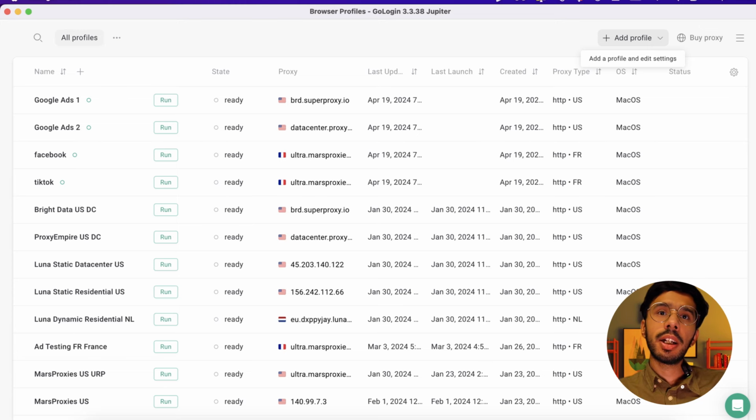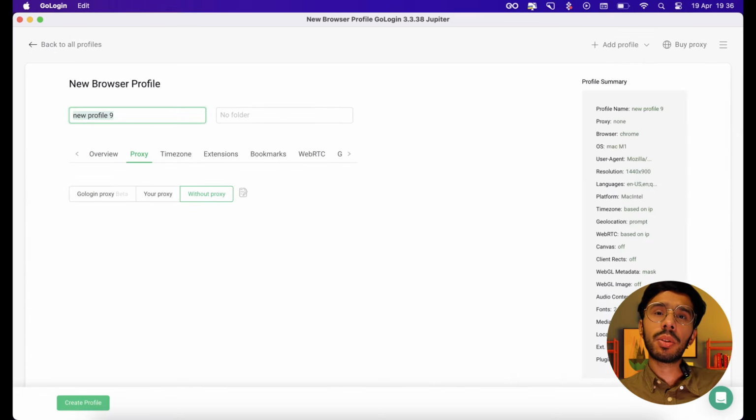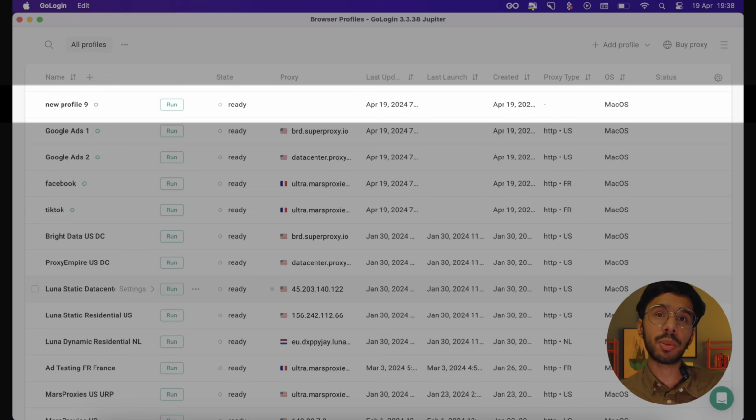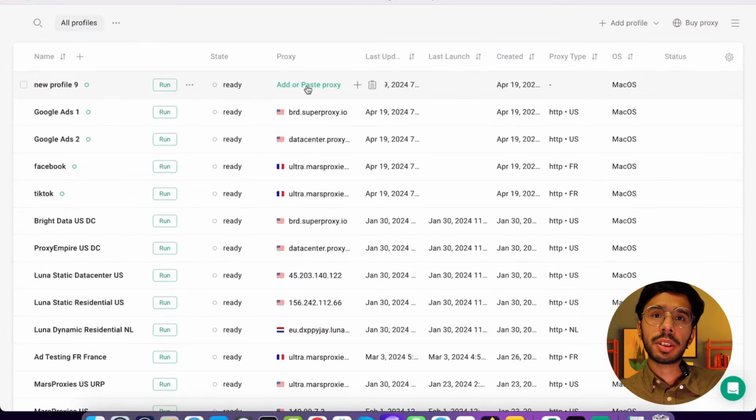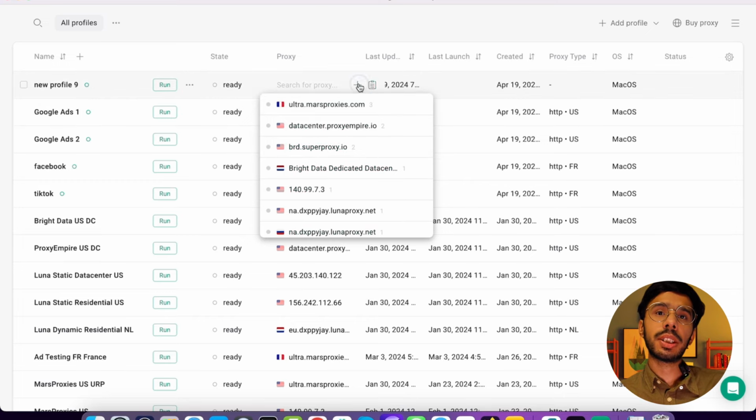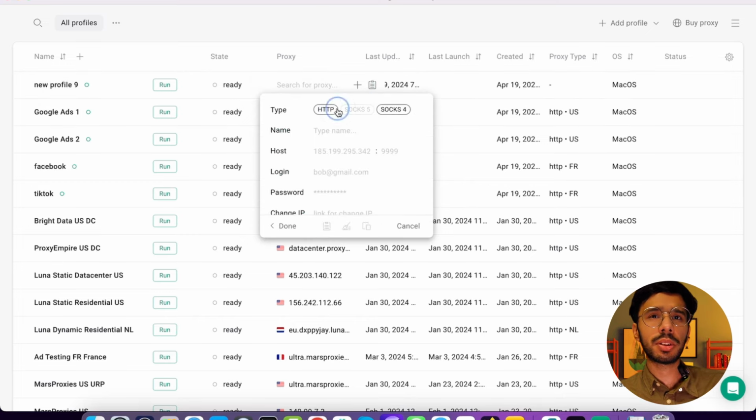To get started with GoLogin and launch your anonymous profile, follow these simple steps. So first, create a new profile. Click this plus icon button in the upper left corner of your screen, and GoLogin will automatically create a new profile with pre-configured settings to ensure anonymity, right? And now you need to select a proxy. Use a convenient proxy manager to select a proxy. You can use your own proxies or choose those provided by GoLogin itself.